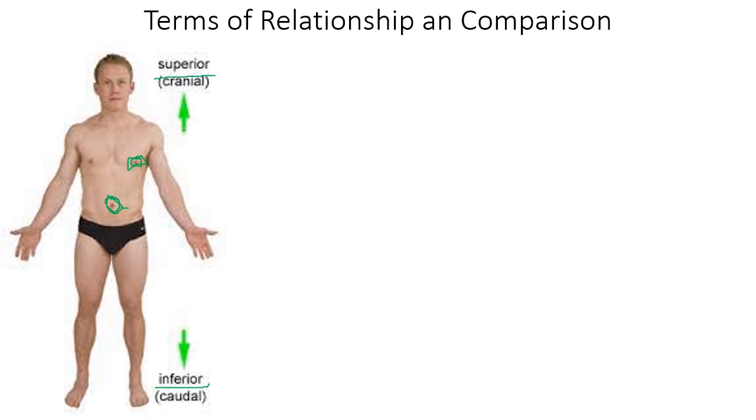So you use it according to a point of reference. If your point of reference is the nipple, meaning that the umbilicus is the one you are referring to, you say the umbilicus is inferior to the nipple, or the nipple is superior to the umbilicus. You can also use another point of reference such as the ankle joint and the knee joint. You can say that the ankle joint is inferior to the knee joint and the knee joint is superior to the ankle joint. All right,